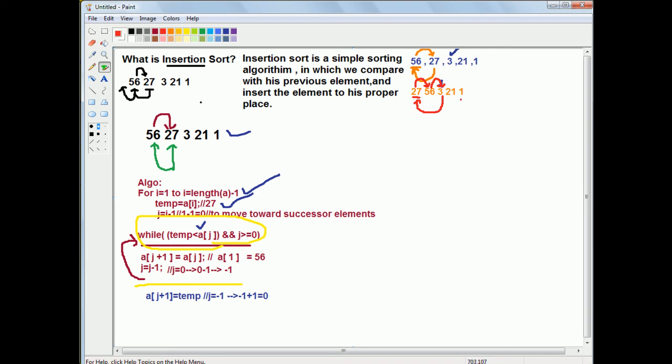Let's say in case of this element 1, I will compare with this. I will find no, my temp value is smaller than 21. Then I compare this, I will compare this and compare this, and after that I will insert the value 1 at my 0th position, right? In case of 21, I will compare the element with 3, right? But after that,